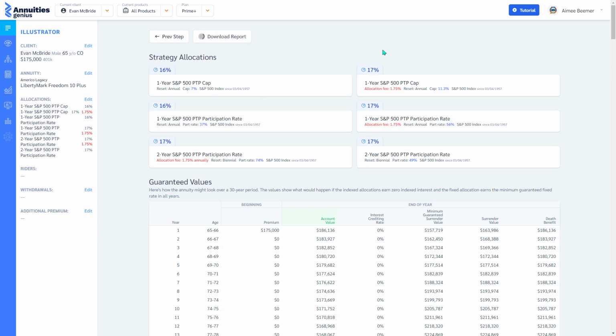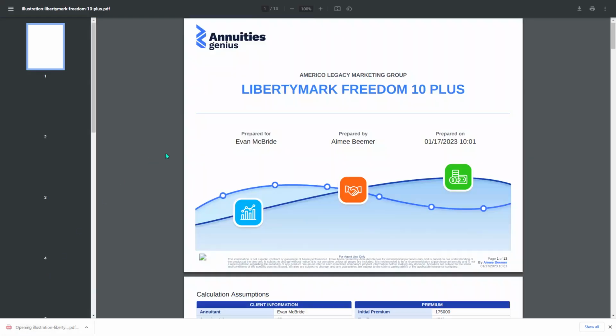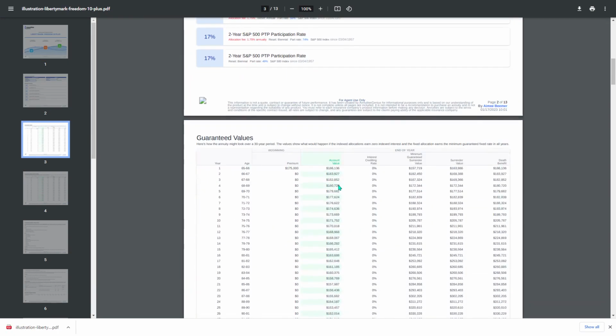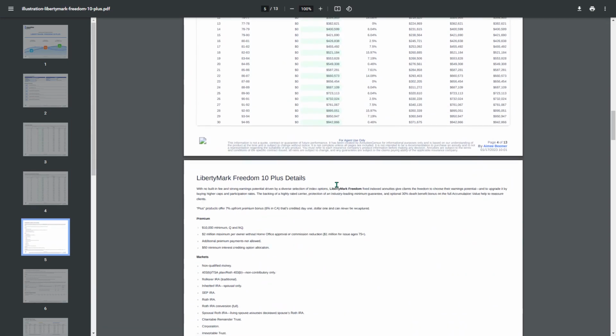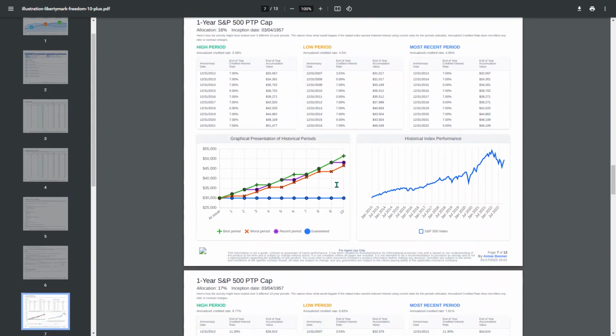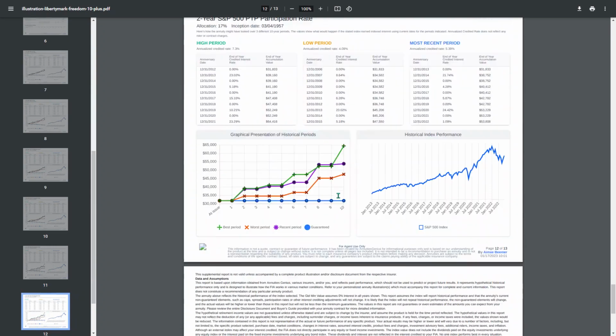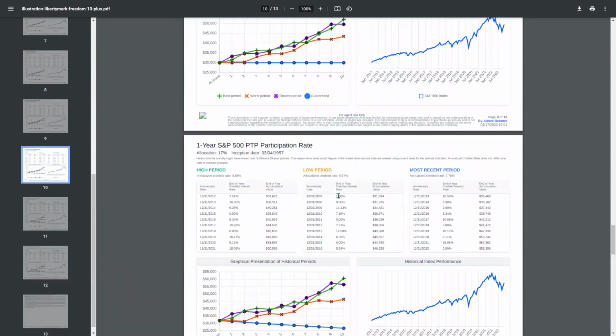Now, just ensure that for any of these annuities, you're finalizing by downloading the final report and generating that PDF. Once you do that, again, it's time stamped, it has your logo on it. You can utilize it in any presentations, and you also know it's a great way to finalize that sale and then put through that application to the carrier. And soon we'll have that e-application button available right through the Annuities Genius software itself, saving you yet again more